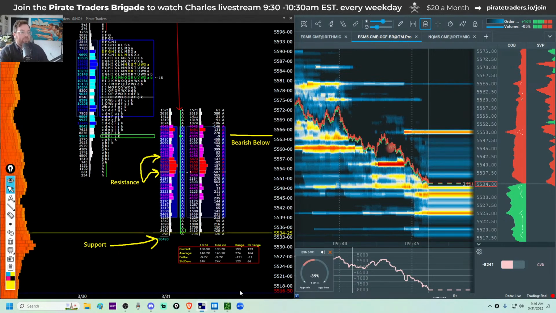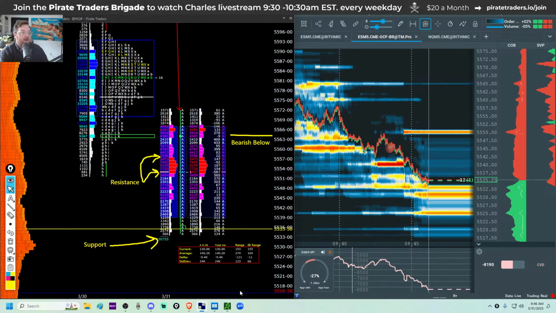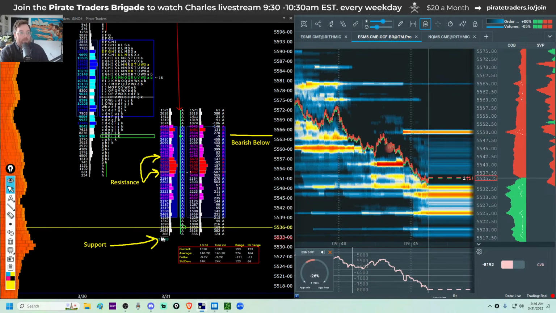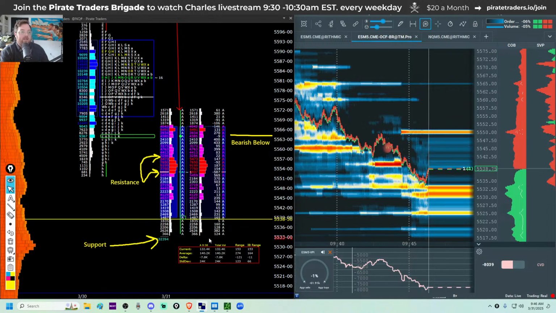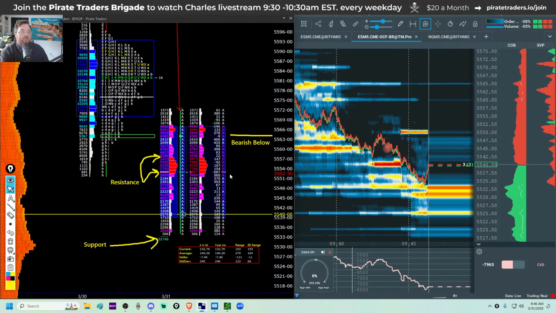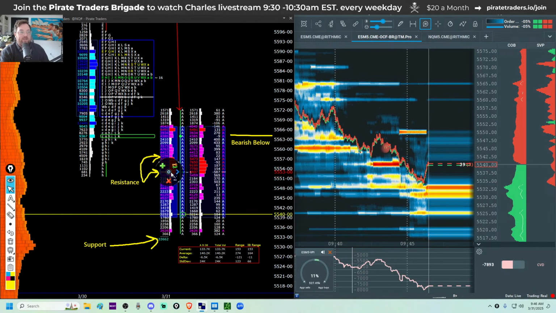Okay, so the ES is pushing into that support here around 55.30. We will look for a bounce in here to come back and test the overnight low again. So bounce around 55.33 for a move back up towards 55.52. If we get a bounce and we get resistance at the overnight low, it's a sign this market wants